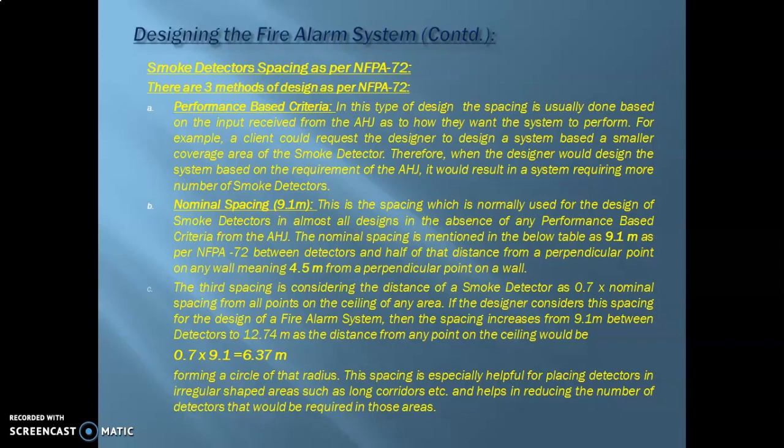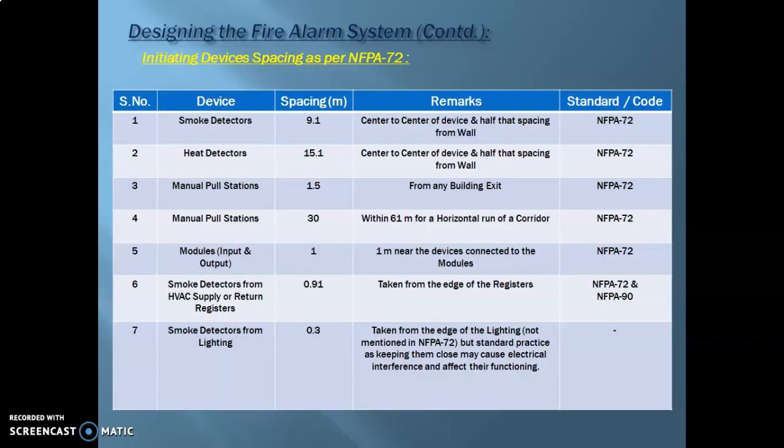So now moving on, this is basically the table that we were talking about. As you can see over here, the smoke detector spacing from center to center of the device, and half that spacing from the wall, is 9.1 meters. This spacing is also mentioned in almost all the data sheets of all the manufacturers.